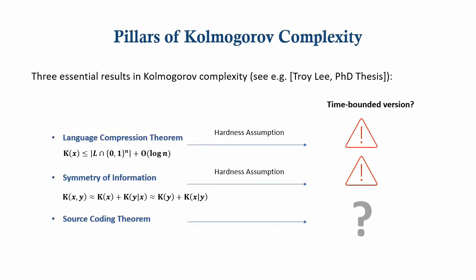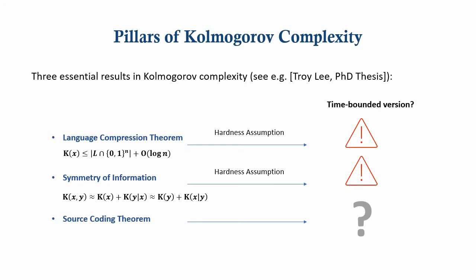There are three fundamental results in Kolmogorov complexity: the language compression theorem, symmetry of information, and the source coding theorem. And we will not get into the details of the first two, and we will focus on the source coding theorem in this work. But before talking about the source coding theorem, let me say that the question that we